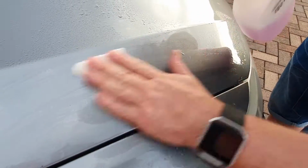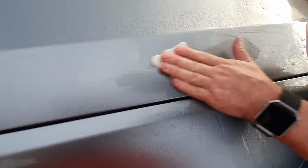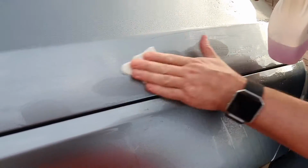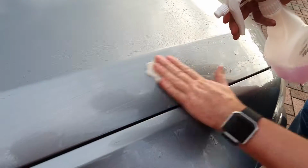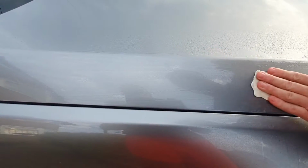Always remember to make sure you never let it dry out. Going up and down through the paintwork. You can hear it there. And there we go. So it does remove all the contaminants quite easily. All I can stress with using the clay bar is nice gentle pressure and making sure that you keep the paintwork lubricated. Make sure as well you're turning the clay bar over, just so you're not rubbing it back in again. And then you can keep repeating this process and going over the whole bonnet or every bit of panel while you're doing it. Once you've done that, just get a microfiber cloth,